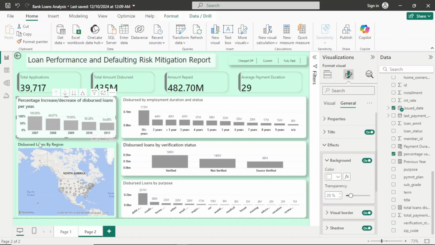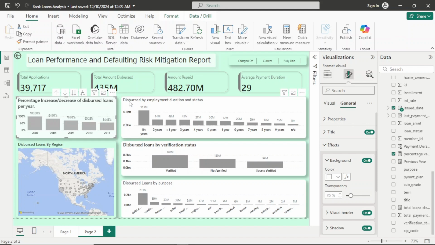Then we were able to visualize the disbursed loans by region, and we see where most concentration is. The others, we are not borrowing that much in these regions, and then you can see the others are a bit high, and then there's one here in Alaska. Okay,